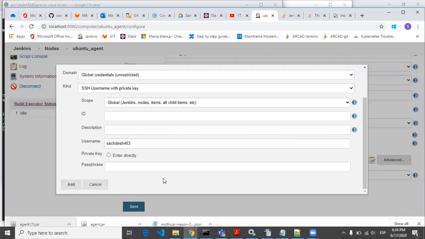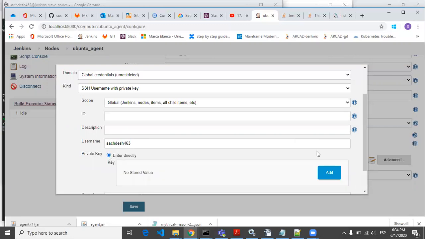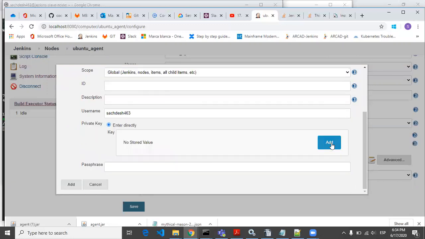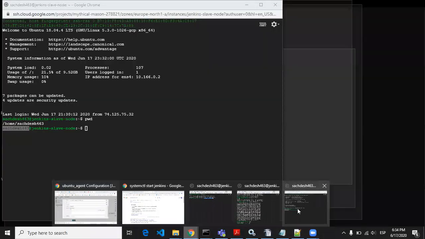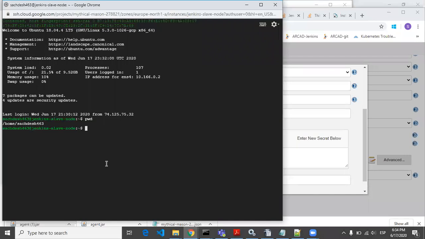Then I have to give the private key. That private key will be the SSH private key. So here you have to give that SSH key. So let's generate that SSH key first. Let's first go to the SSH folder, and here you can give ssh-keygen -t rsa -f, and you have to give any name like Jenkins key or something.